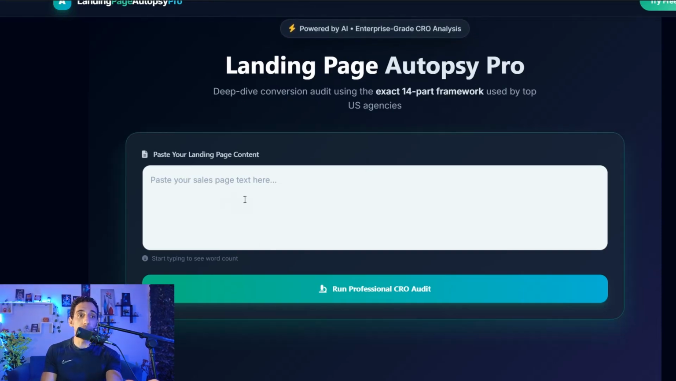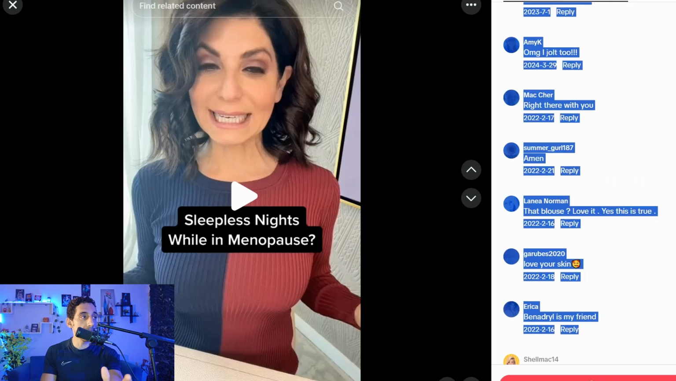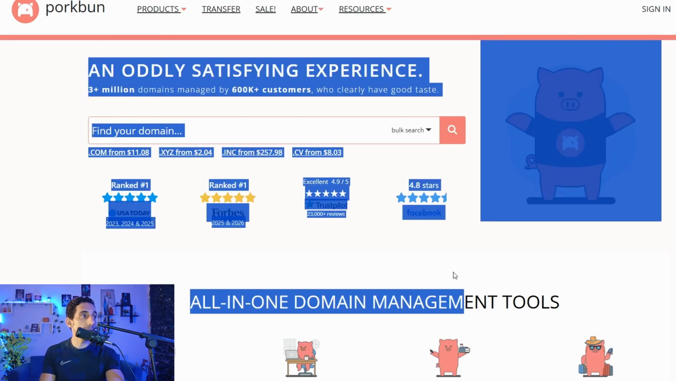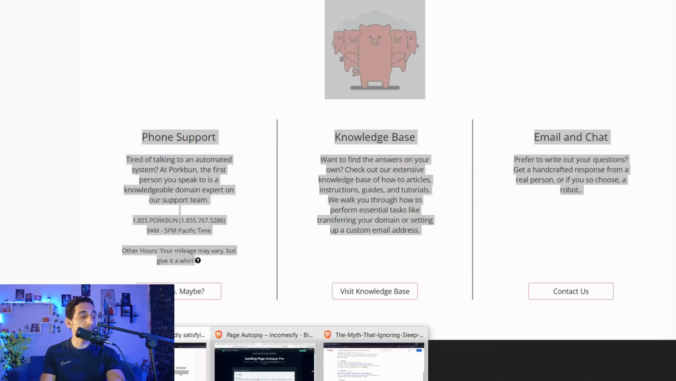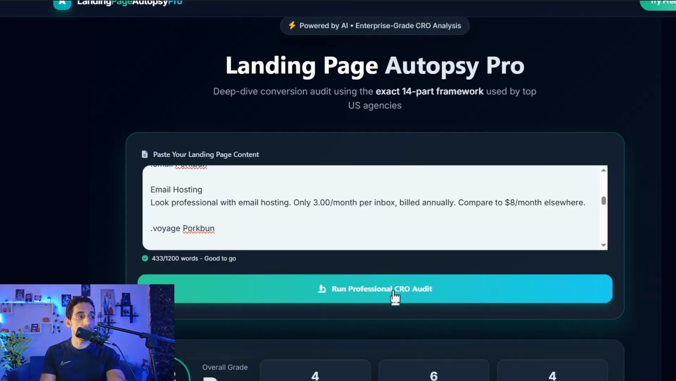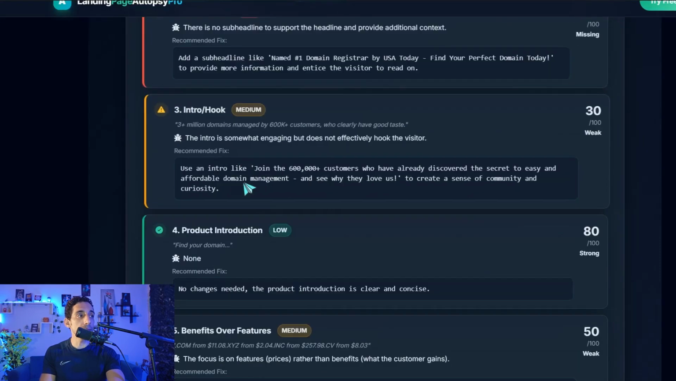Here insert the content of your sales page, then click this button, run professional CRO audit. In this trial I just use a popular platform, porkpond.com. It's a famous website for purchasing domains, hosting, and so on. So I can take all of this content, copy, and go back to my own Landing Page Autopsy, insert it in this box, run professional CRO audit, and here you can find this amazing report